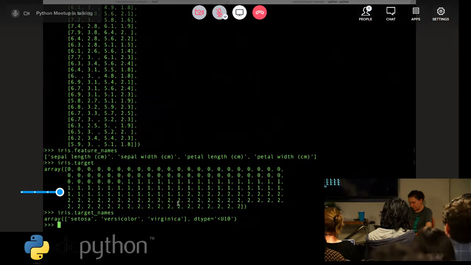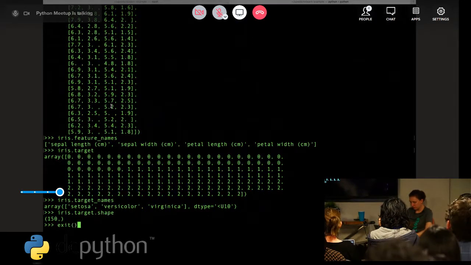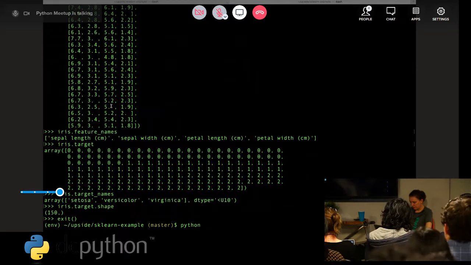And you can see one more thing. If I do iris.target.shape, you'll see that I have 150 targets. So I have a class mapped to each of these 150 flowers in my feature vectors. And while I'm in here, let me show you one more fun thing, which is